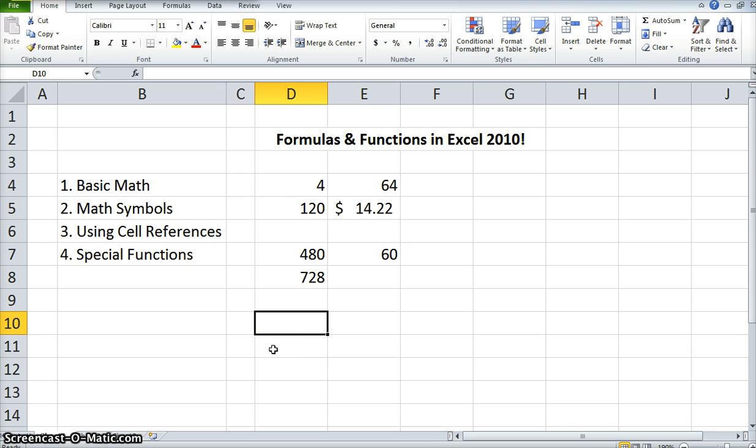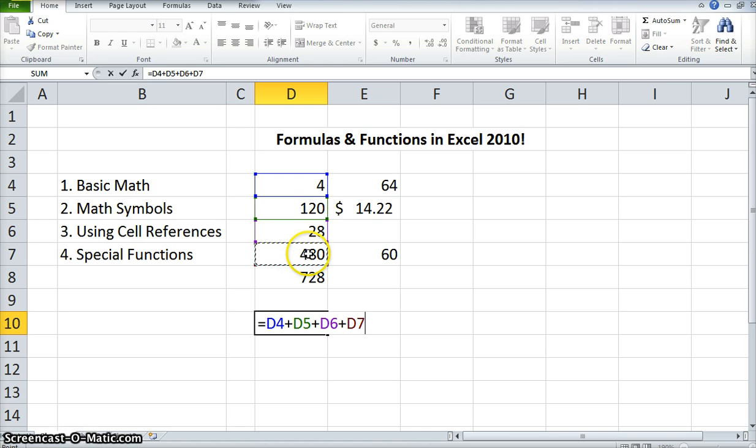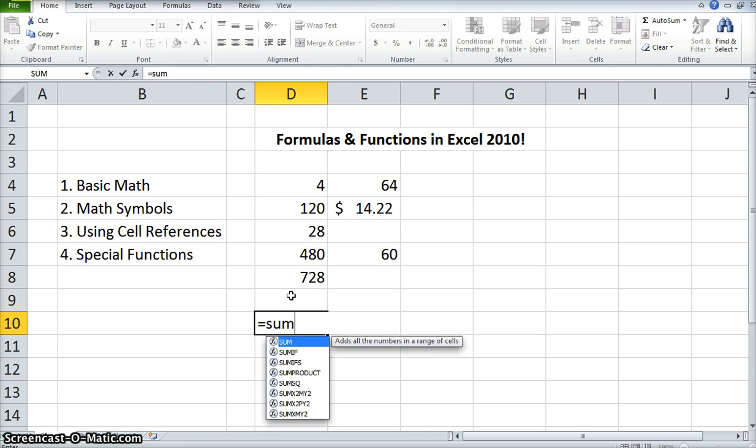So, if you want Excel to do some special math for you, let's say I needed to add all these numbers up, I'll add another number in here. Let's say I wanted to add all these numbers up, but I didn't want to type in equals this plus this plus this plus this. I wanted to do it an easier way. Well, the easier way is to use the sum function. Excel will automatically sum up those cells for you,